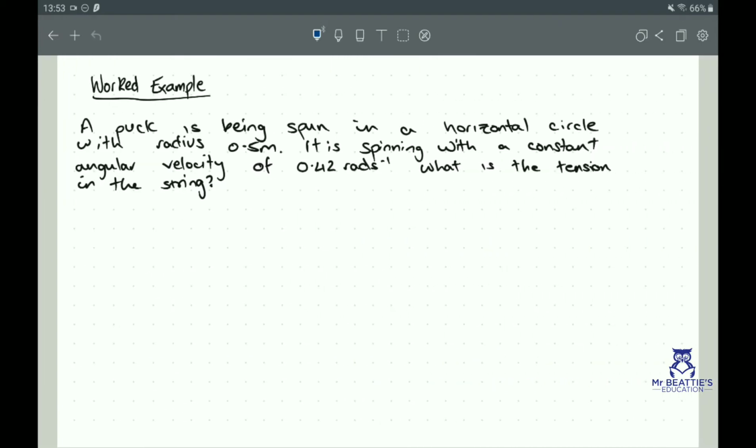And so we've got a puck being spun in a horizontal circle with a radius of 0.5 meters. It is spinning with a constant angular velocity of 0.42 radians per second. What is the tension in the string? So writing down what we know to start with, we know that omega is 0.42 radians per second, and it has a radius of 0.5 meters, and